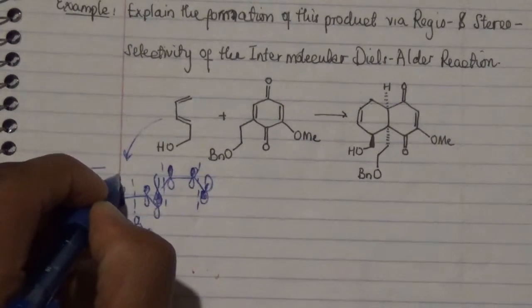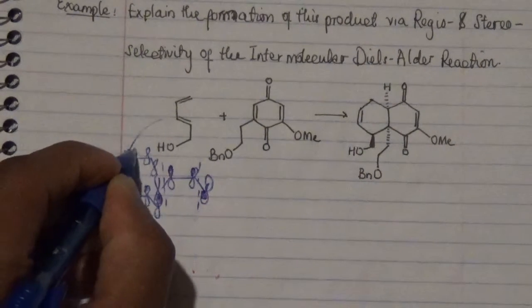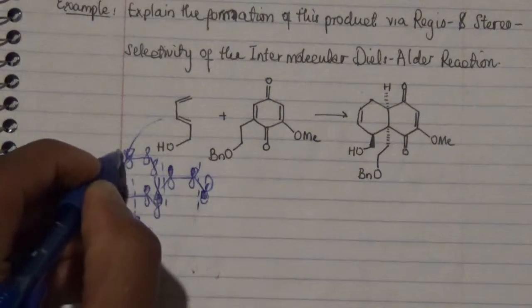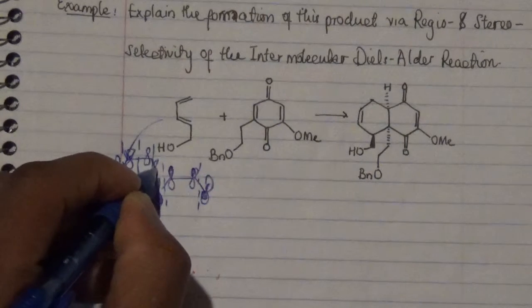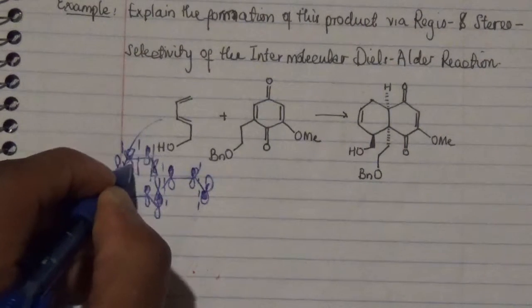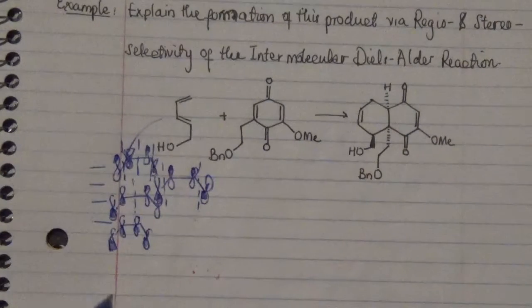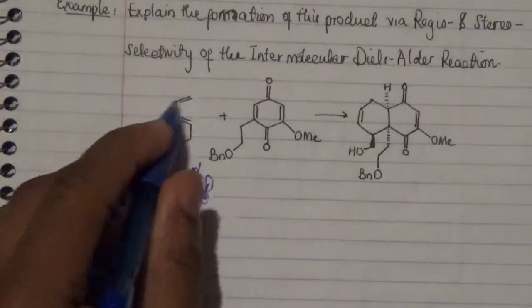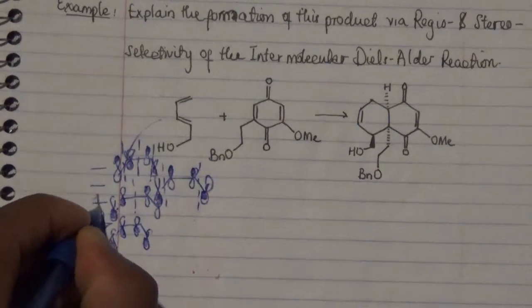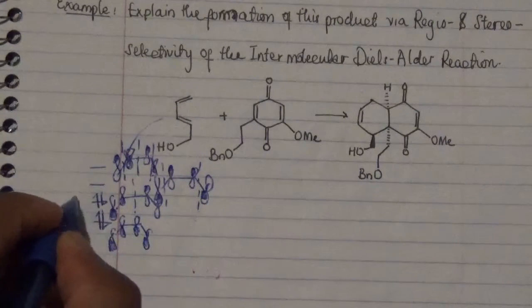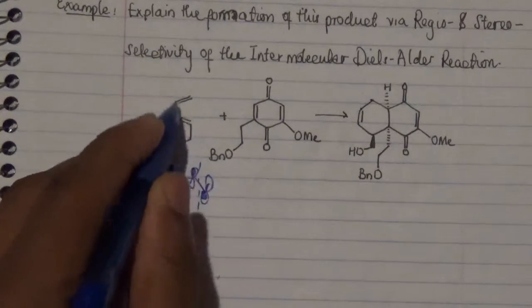And our last one over here, we have our nodes, of which all of them are out of phase with each other. Now what happens here is that if you're filling this out, we have 4 electrons, 1, 2, 3, 4. Now this combination over here is actually our HOMO, and that is what we're going to use for this particular